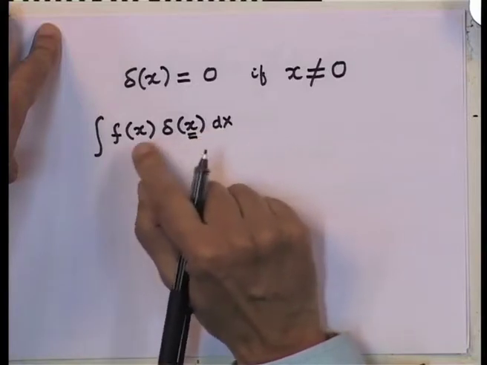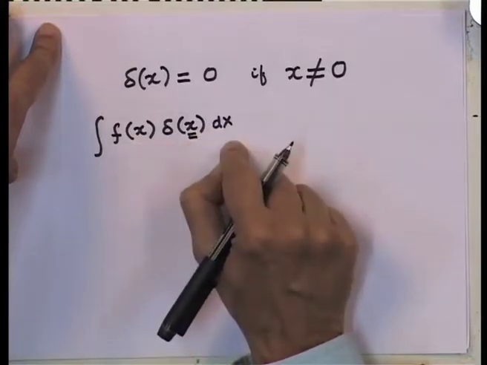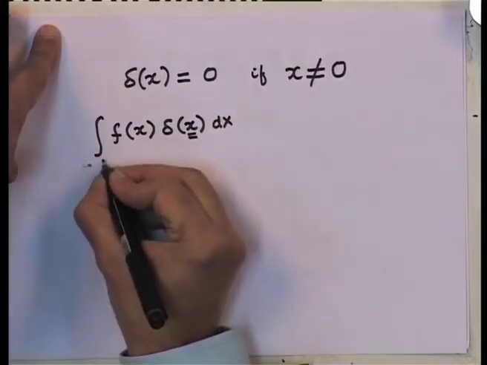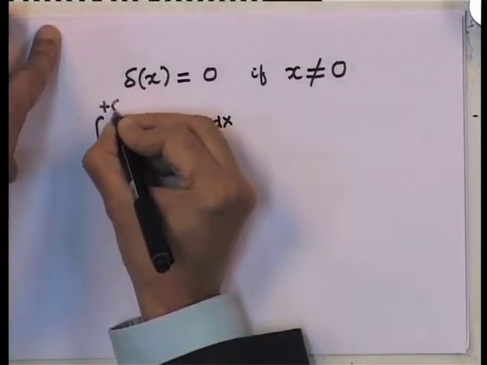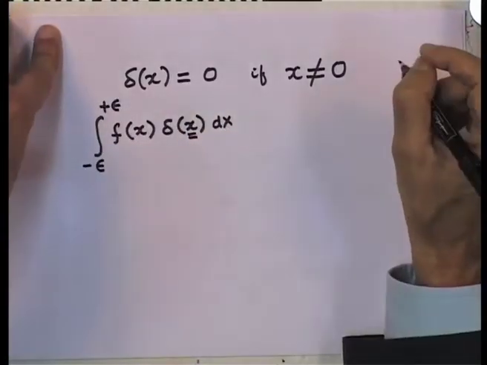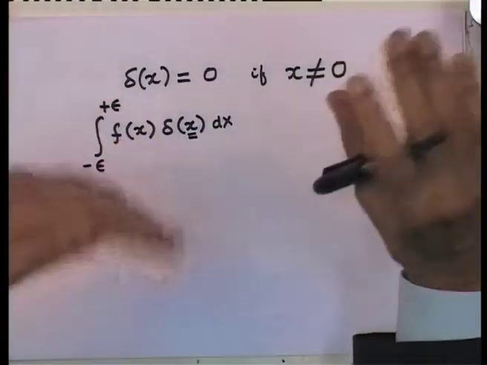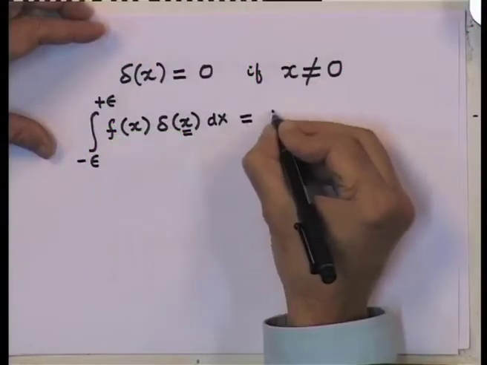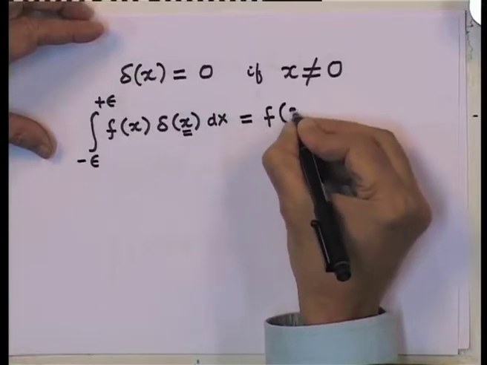And so, therefore, the integration has to be done over a region which includes the point x equal to 0. So, let me just take it from some minus epsilon to plus epsilon. This is guaranteed to include the point x equal to 0. You could take it from minus a to plus a, minus infinity to plus infinity, as you desire. What is required is that wherever the argument of the delta function has a 0, the integral limits must include that point, and this is equal to the function value of the function at the point x equal to